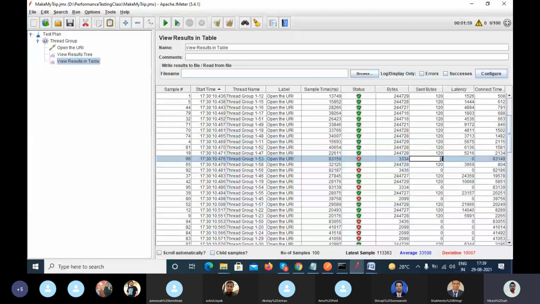Open the URL. Yeah, we are sending, but ignore this thing. I think it's showing the 0 because it's not connected with the server. That's why, right? Because it's not successfully connected with the server. That's why it's showing 0. If it is connected with the server, then it will show the result here. Okay, like that. If it is successfully connected, then